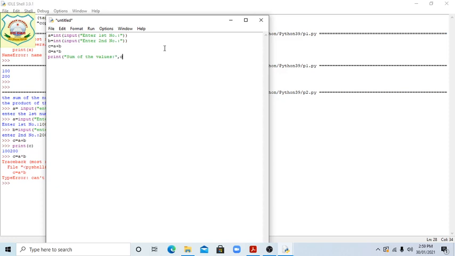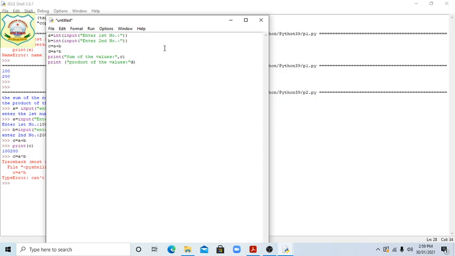C. Similar, then product of the values, D.